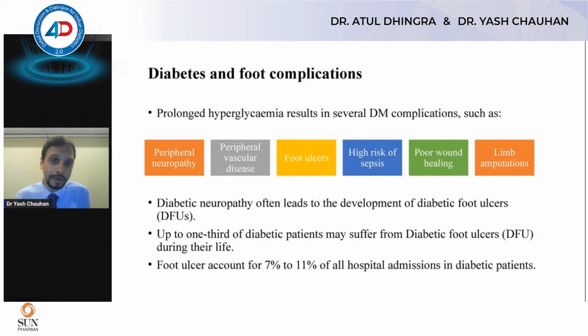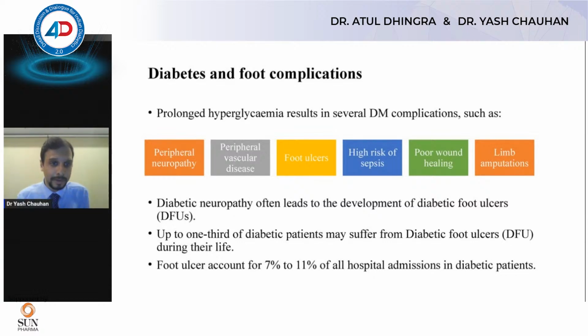So, like I said before, why we need to treat diabetes is because diabetes leads to complications and end organ damage, and that end organ damage is actually what leads to the major morbidities associated with diabetes. So here in the foot, prolonged hyperglycemia results in damage to the nerves, causing peripheral neuropathy. It causes autonomic neuropathy. It affects the motor nerves. It affects the sensory nerves.